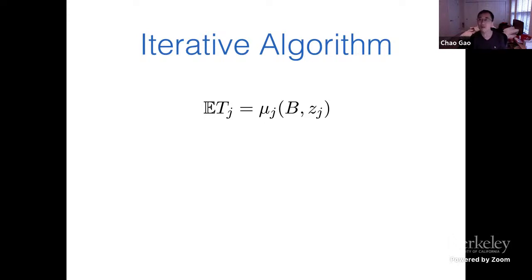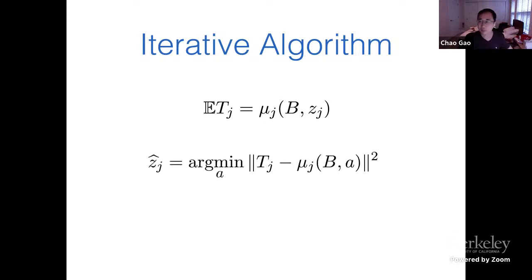Okay, so once this is true, then you can just write down the following naive estimating procedure. So this is just a search over all possible values A such that the L2 difference of the statistic Tj and the proposed expectation is minimized, right? So the least square procedure, there's nothing special about it. But actually, you cannot use this algorithm in practice because you do not know the model parameter B, right? Because that's the only problem that we are trying to address.